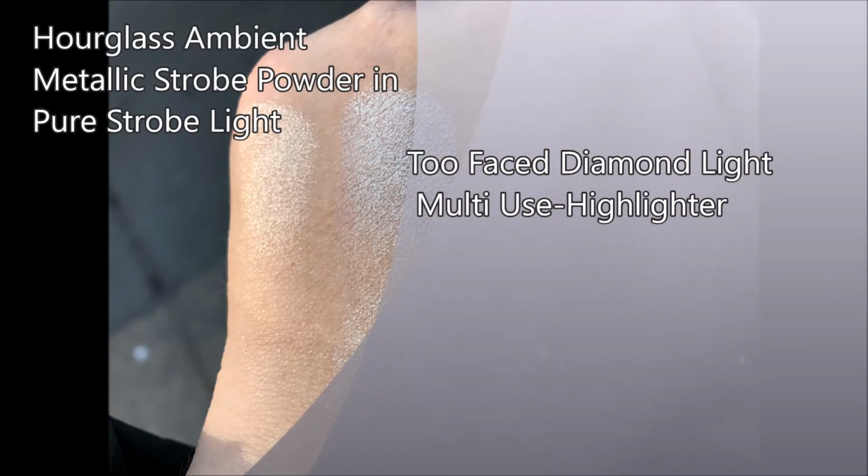It says that it has swirls of diamond blue, diamond pink, and diamond yellow going out all through this highlighter. And it does. In person, it looks like that. I mean, I looked at it and went, ooh, I want that. Although admittedly, the packaging when I picked it up felt a little cheap, so that I was less excited about. But the highlighter looked gorgeous. And then I swatched it on my hand, and it looked like this. When you swirl all those colors together, basically you're taking pink, blue, and yellow and you're swirling it together, and